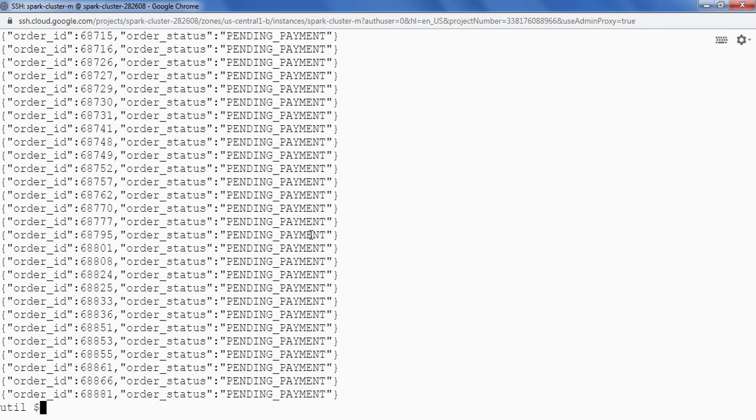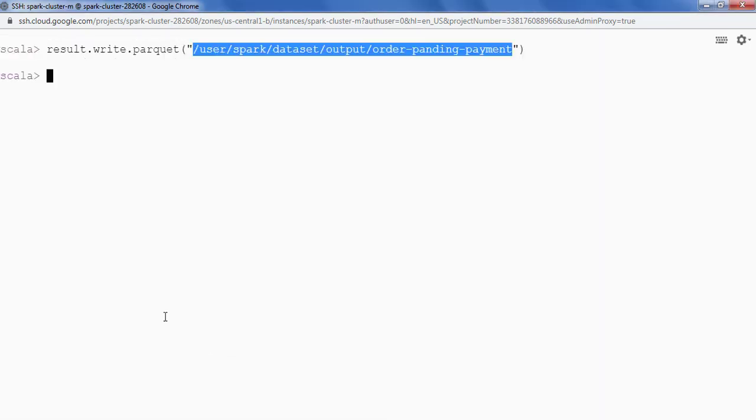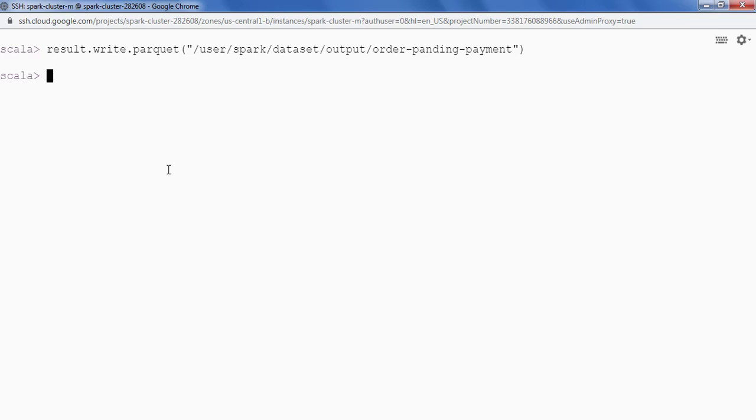Now, as we have seen, by default snappy compression is applied when we save a file using the Parquet file format. Can we change the compression? Let's go to the Spark shell and see. Let's say I want to save this data but not in snappy compression. I want to change the compression. Let's say we want to save the data in gzip compression, which is based on the deflate algorithm.